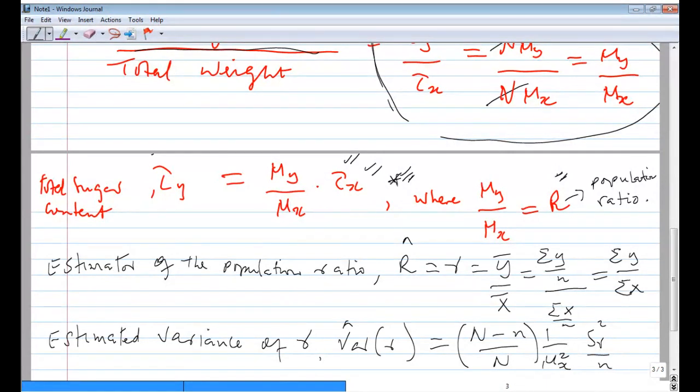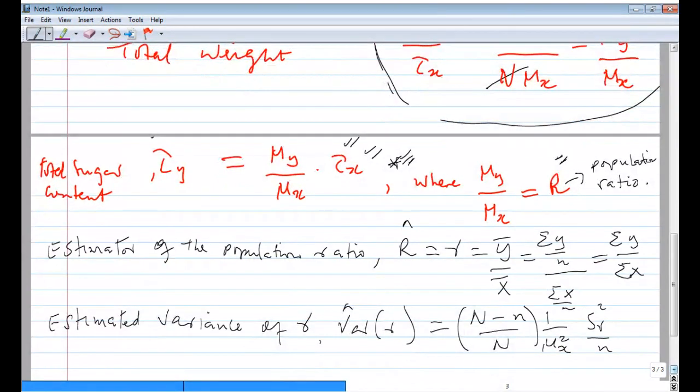So s r squared is the sample variance under ratio estimation. I will show you how to calculate that one as well. So the estimated variance of the estimated population ratio is equal to N minus n divided by capital N multiplied by 1 over mu x squared times s r squared over n, where